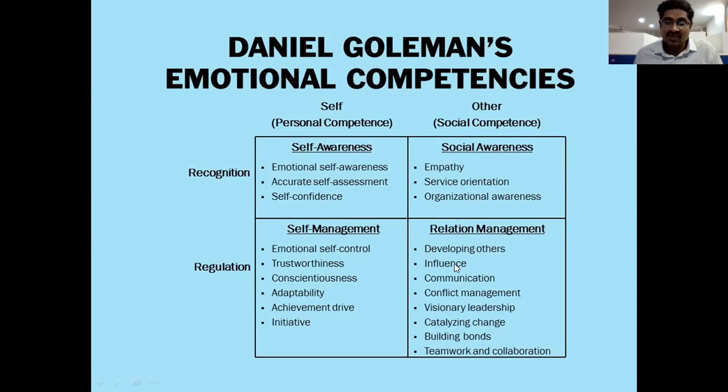Next, influencing others by your communication and by your balancing of emotions, right? Next, having proper good communication. Through this communication, we can easily maintain good relationships with others, good communication and positive communication. And next, conflict management. Conflict management is here to solve the disputes between human beings. So solve any type of problems, any type of disputes we need to solve here. That is the point here, conflict management.